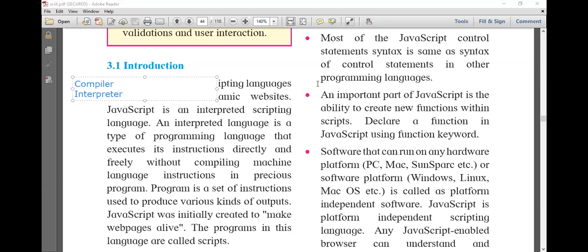So the compiler and interpreter check the syntax errors, and any spelling mistake you have made in your program. First of all it checks, then it sends the instructions one by one to the computer, the microprocessor, for execution.